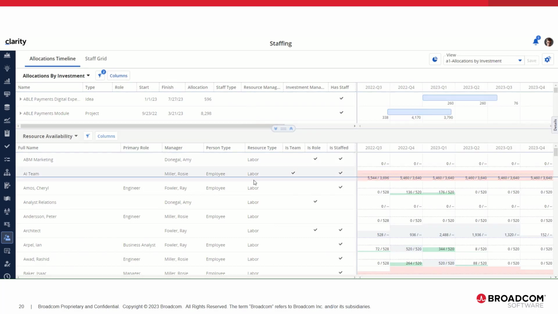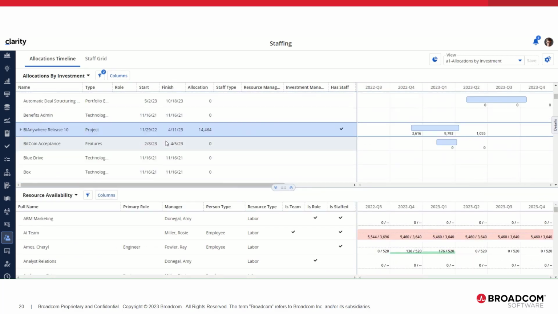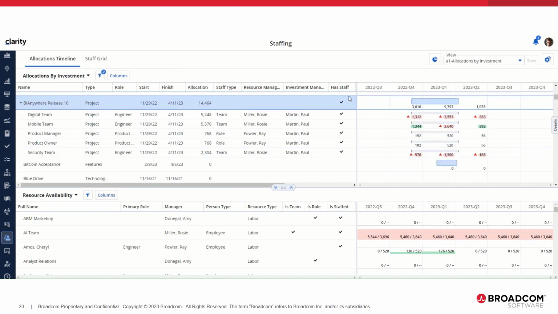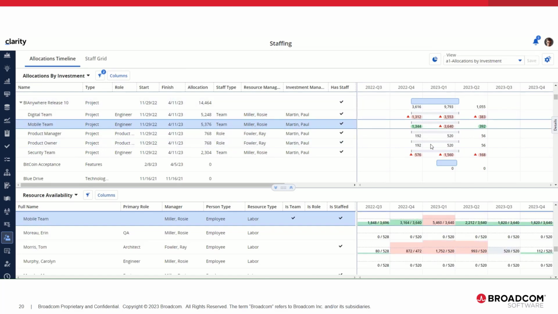colorization of the over-under allocated staff members. So let's take a look at this investment here. Has a few different people. It has some teams and some roles. And so if we look at this digital team, at the bottom, you see when I click on it, it automatically gives that. So you can see it matches. It's red, red. So they're 100% over their availability. If I click on the mobile team, you can see that it matches the colorization there